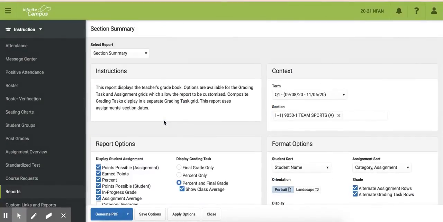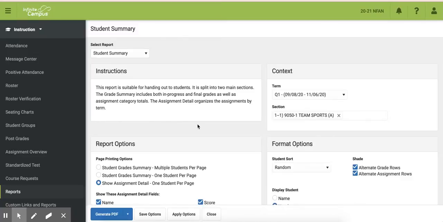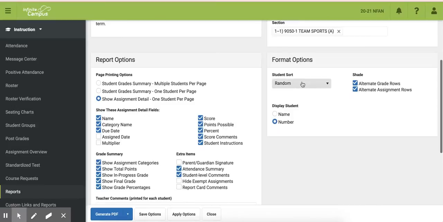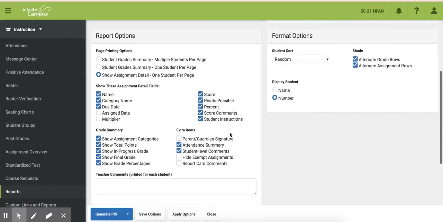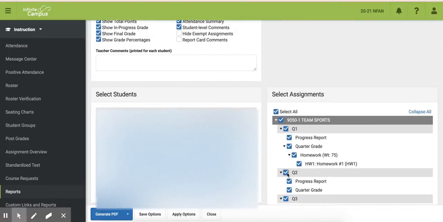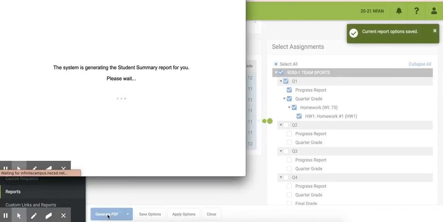If you want, since Google Classroom is not converting our grades the way we'd like to on the standard grading rubric, you can do this. So that was section summary. You can do student summary, but just make sure that you view it before you send it to them. So I like to make sure that it's on random. I'm going to display the student number, not the student name. You can make a comment here. Again, here's all your options. So once I click generate report, let's see, I'm going to deselect these so it's a little less crazy looking. So when I generate the report,